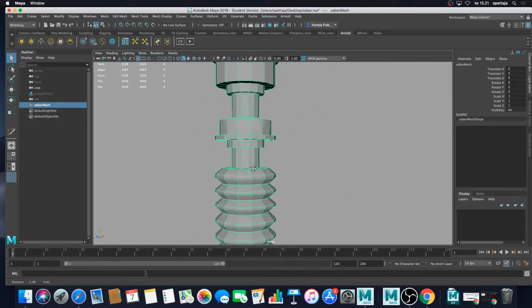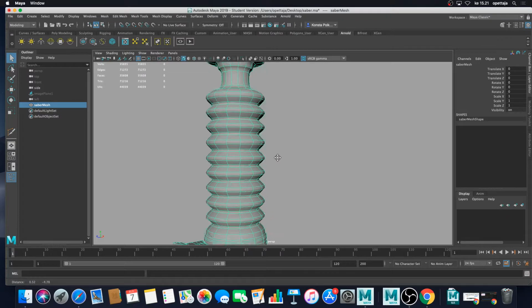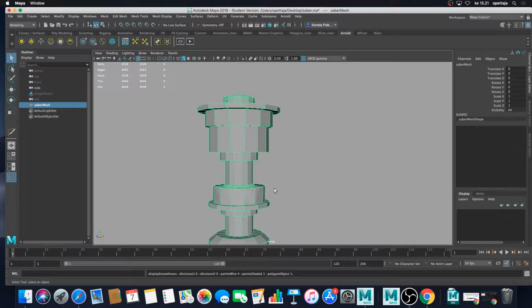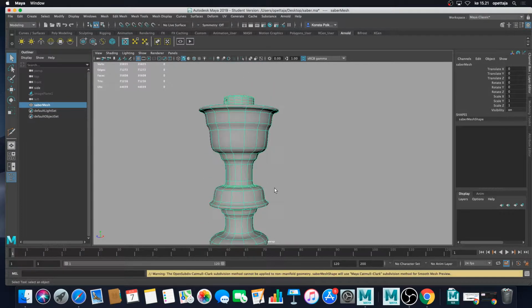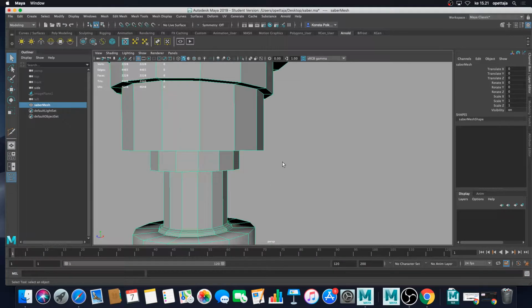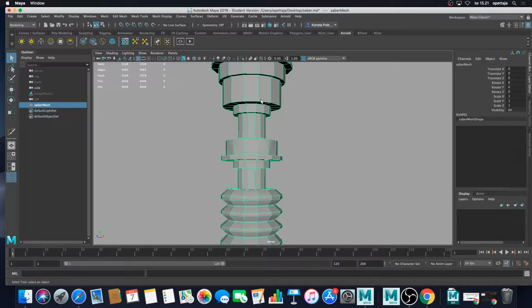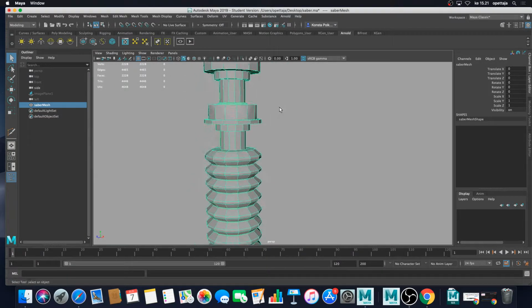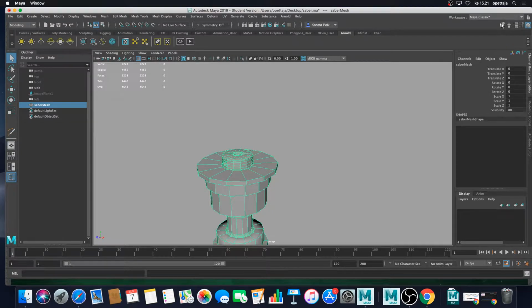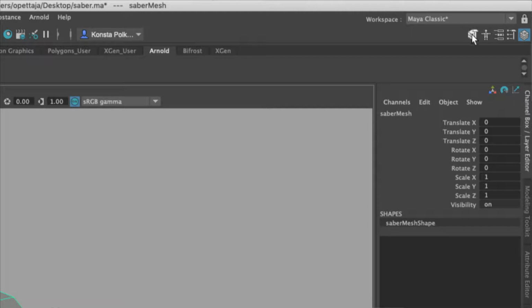So if I toggle to the subdivided mode, the subdivision 1 mode, or the smooth preview and hard edges. I think I want to keep these edges, at least here on the top, sharp, and I'm opening my modeling toolkit just underneath the workspace menu. So clicking here,